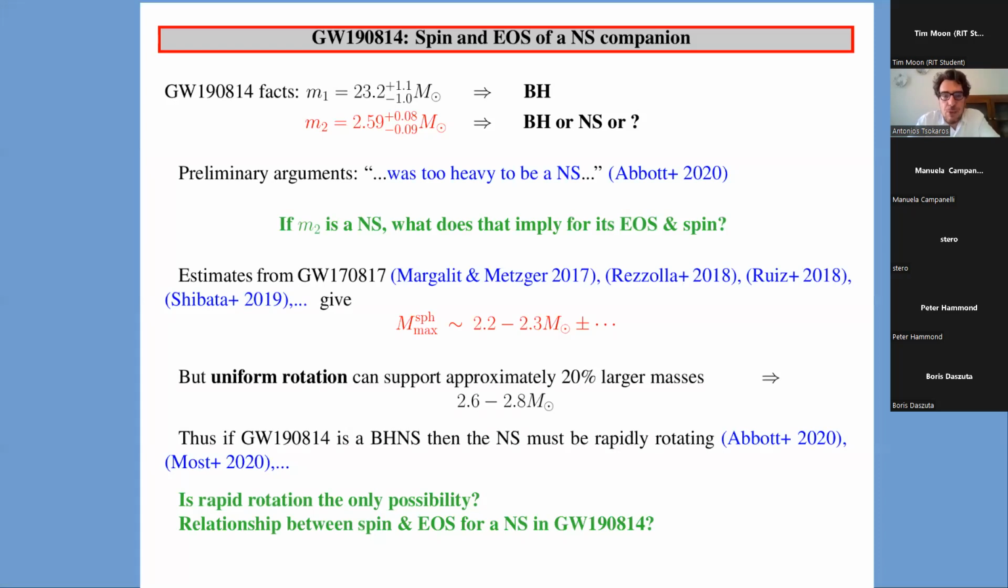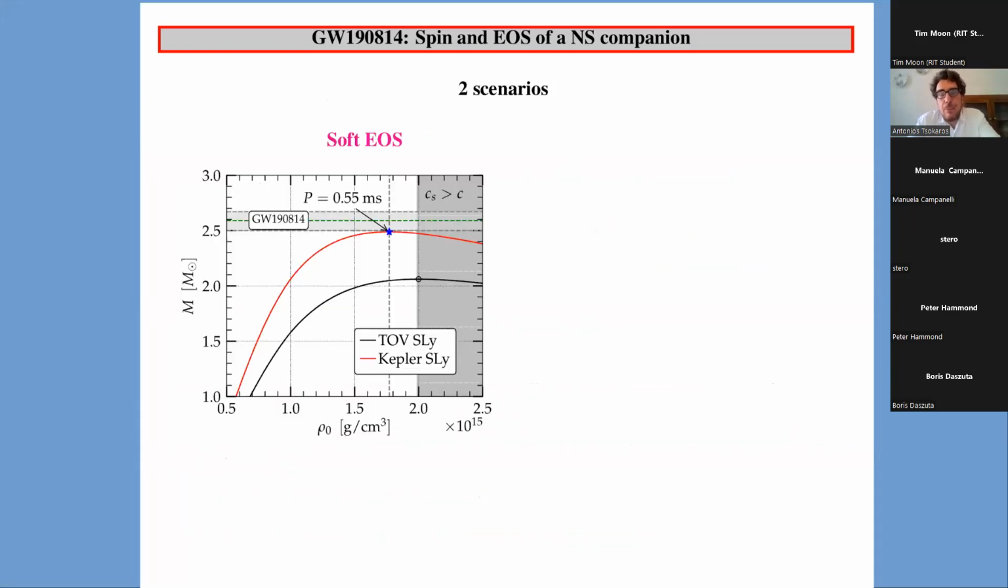But the question is whether rapid rotation is the only possibility. For example, if you have a soft equation of state like the SLy that we have talked about before, here again the black curve is the spherical limit, and the red curve is the mass shedding limit. If you have a soft equation of state, the mass of that companion lies above the mass shedding limit. So even if you make it spin as fast as possible, that equation of state cannot